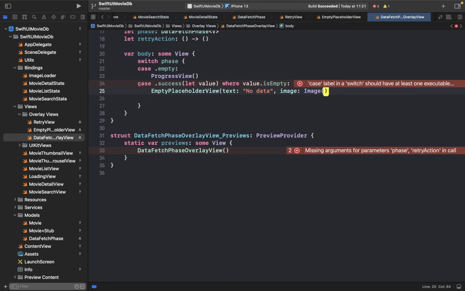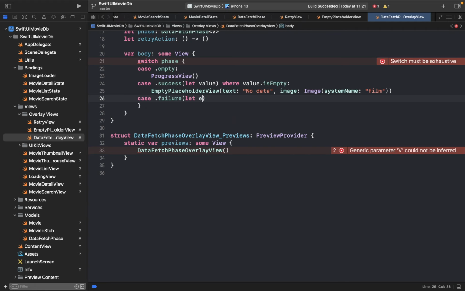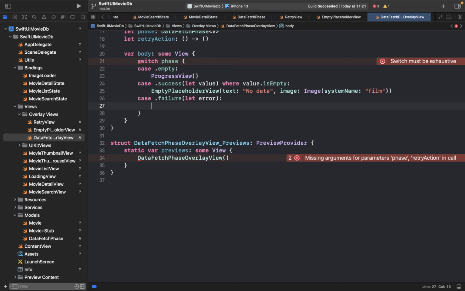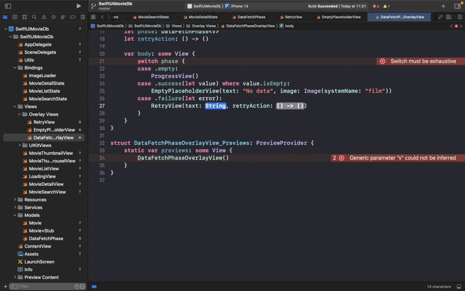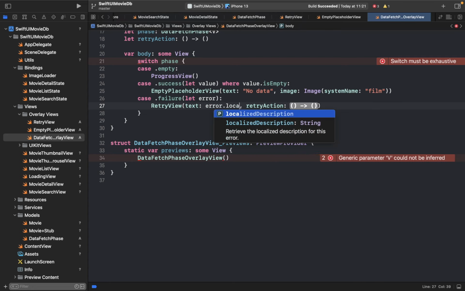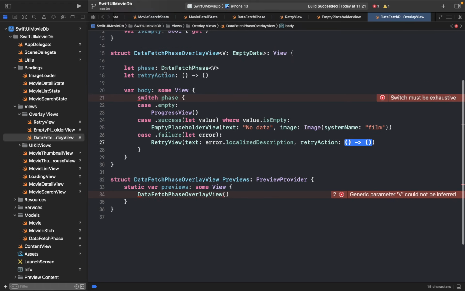And for the image, let's pass an SF symbol image, filling. And moving on, in case of failure, let's grab the error and declare a retry view. And for the text, we can simply invoke error.localizedDescription, and for the action we can pass this retry action constant. Okay,